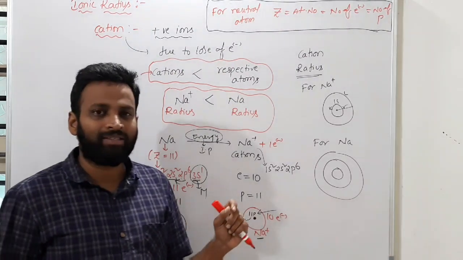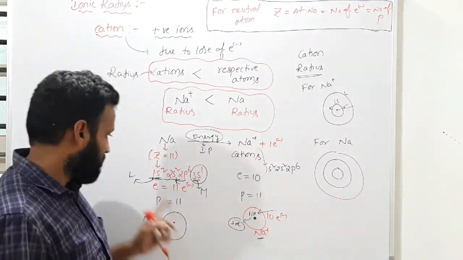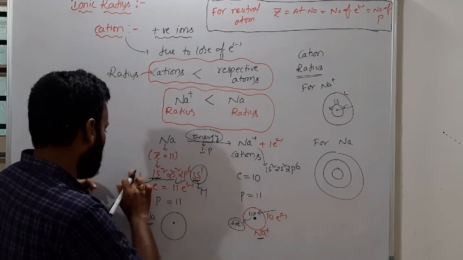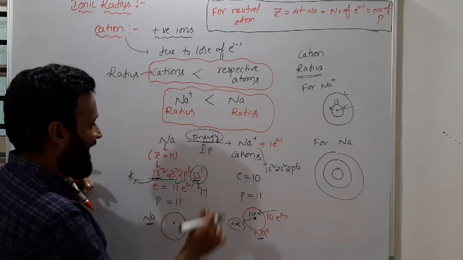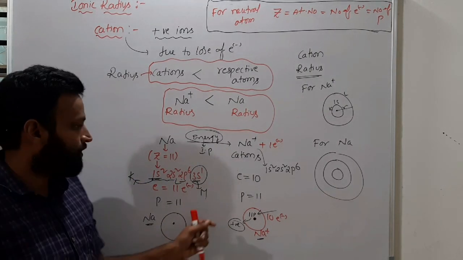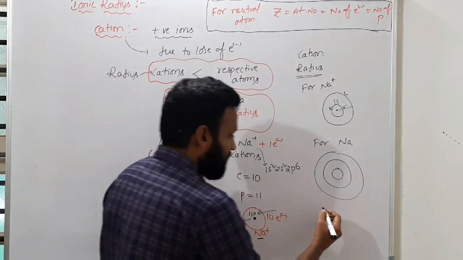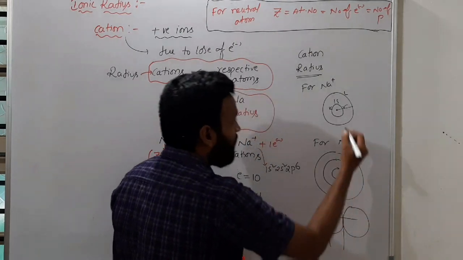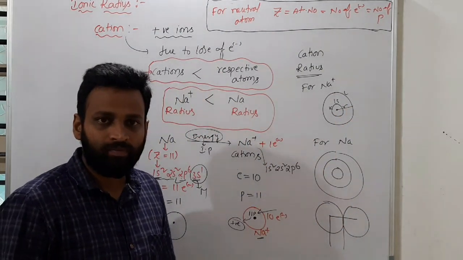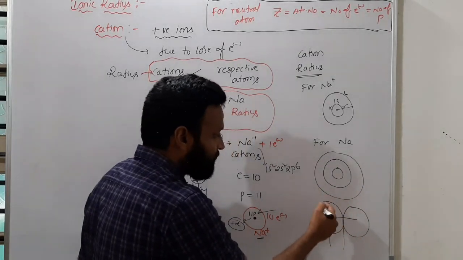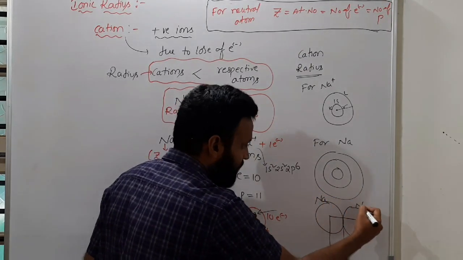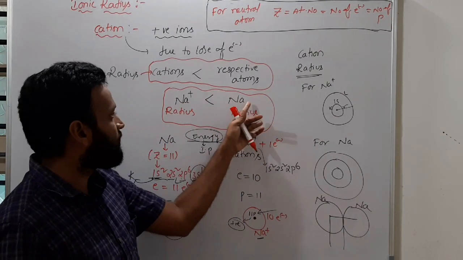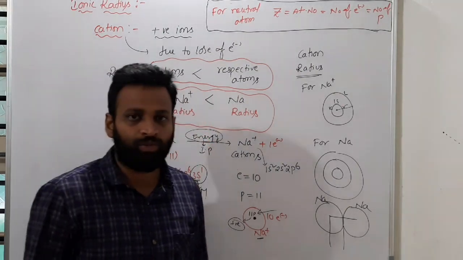In our starting classes I gave you information about shells. So K, sorry, this is L and this is K. First one is K. K, L, M. Getting what I am saying? So here the number of shells is more, so sodium atom radius will be more. From here to here this radius is more compared to this radius, because for each sodium you are considering 3 shells. This is one sodium, this is another sodium. So the corresponding atom has more radius than its cation. So this is very clear.